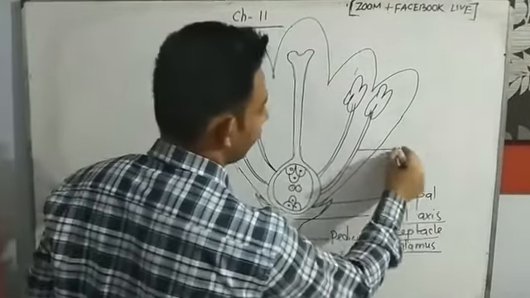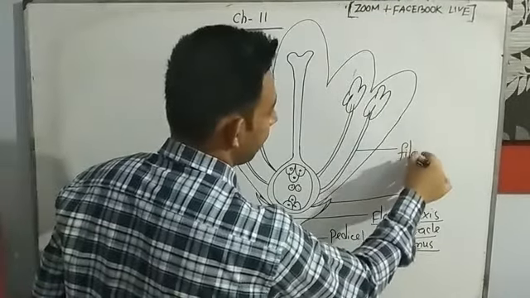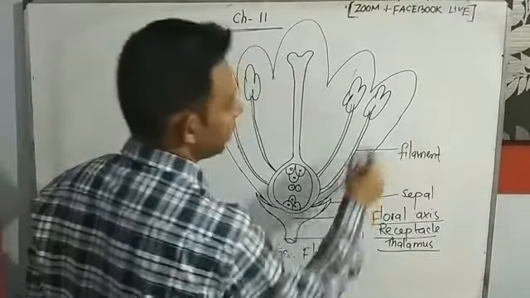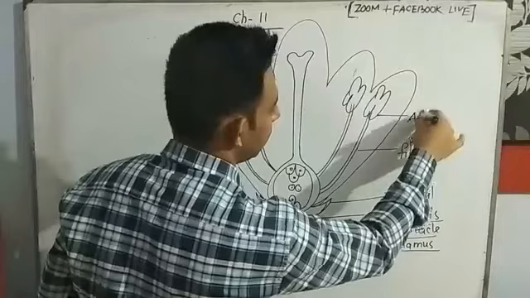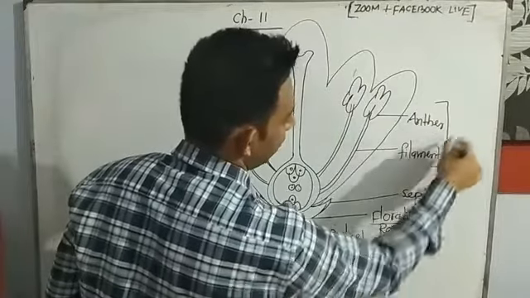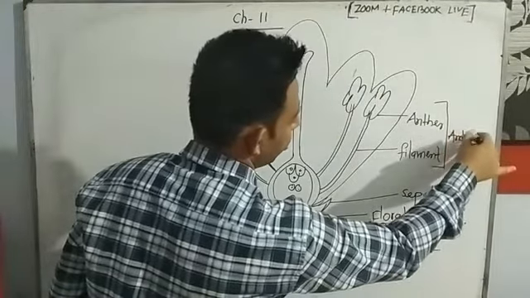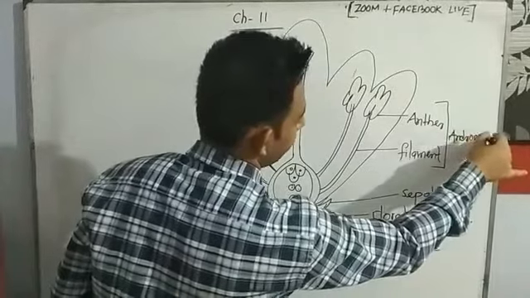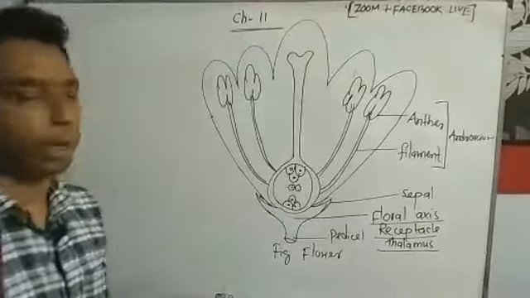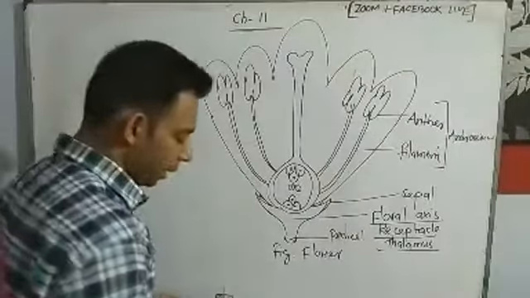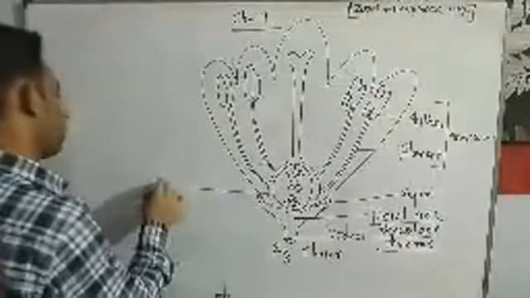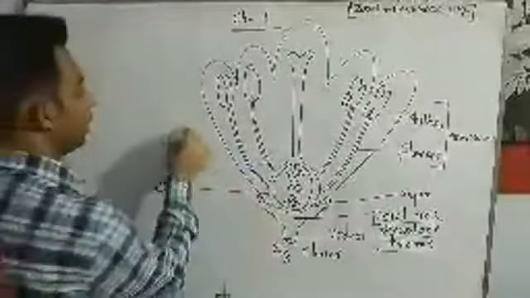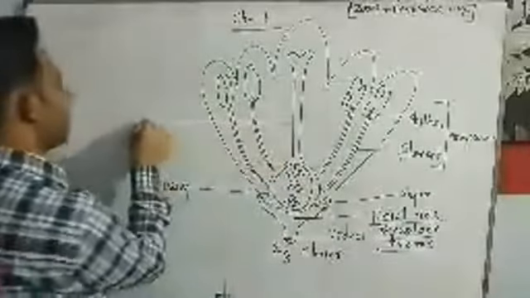This one is known as the filament, and this one is known as the anther. And both anther and filament is the androecium. You can write androecium. This one is the androecium, both of these two. And then this one is known as the ovary, and this part is known as the style,